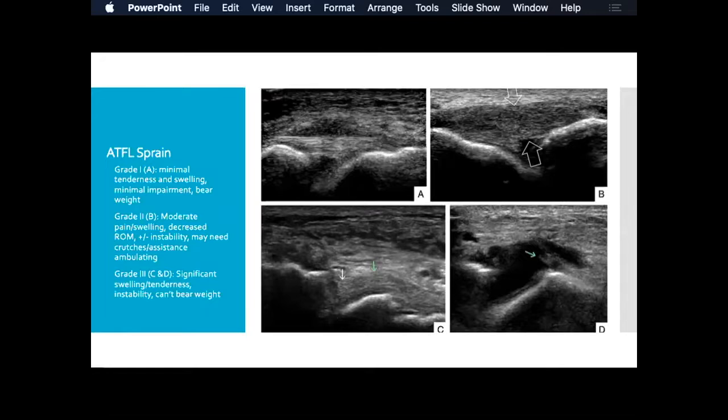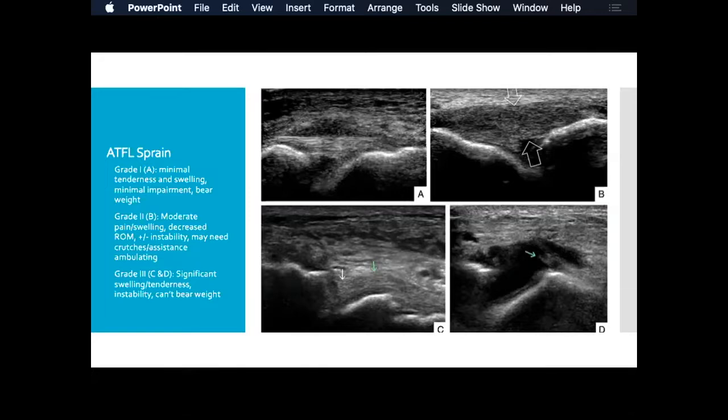So grade 1, you can grade sprains based off of presentation initially, if you're on the sideline or in the emergency department. Minimal tenderness and swelling for grade 1, and you can see grade 1 at picture A. That's actually, I like that image, really nice. It's not completely torn all the way through, but you see